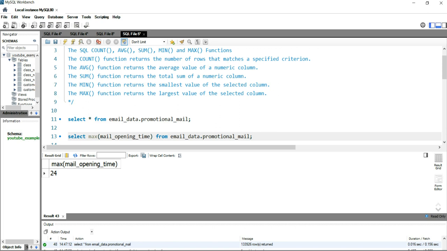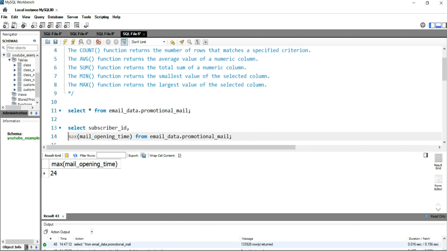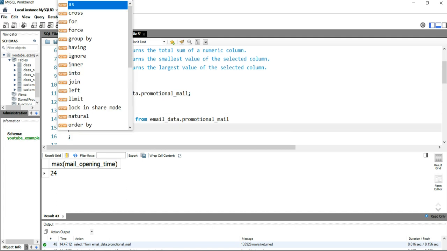So the maximum time is 24. Now if you want to get the maximum time at a subscriber level or at a user level, so that you can find out what is the maximum time at which a particular user is opening their email, you can add the subscriber ID. After select, you have to put subscriber underscore ID, and once you have done that, you have to put group by,